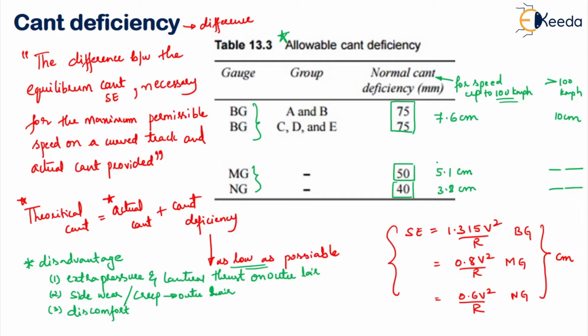Now let us get into the next topic, that is the negative cant. So what is this negative cant? First of all, let us try to understand it. I will show you with the help of a small diagram. Say there are two tracks. This is your main track, and at a certain place there is a branch which is going out of this. So this I will call the branch track. Let me take this point as A and this point as B.